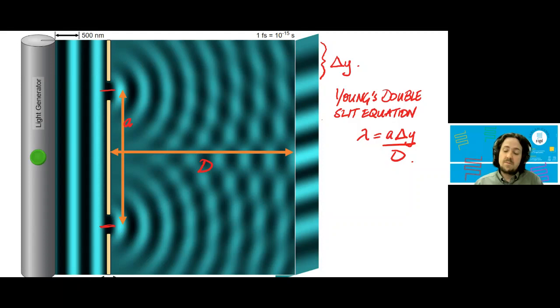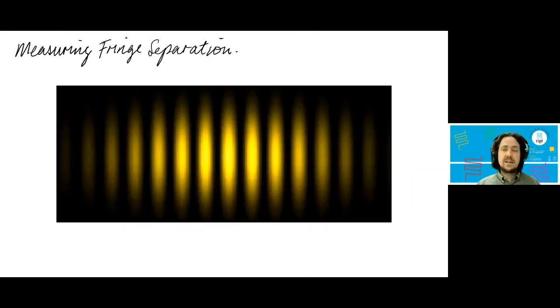So, given a past paper question, you might be given one of those or an unknown. One of the tricky things that pops up from time to time is measuring the fringe separation. One of the measuring techniques that you need at A level, which is very important, is to do with measuring small things accurately, and in particular, taking a larger measurement in order to determine a smaller